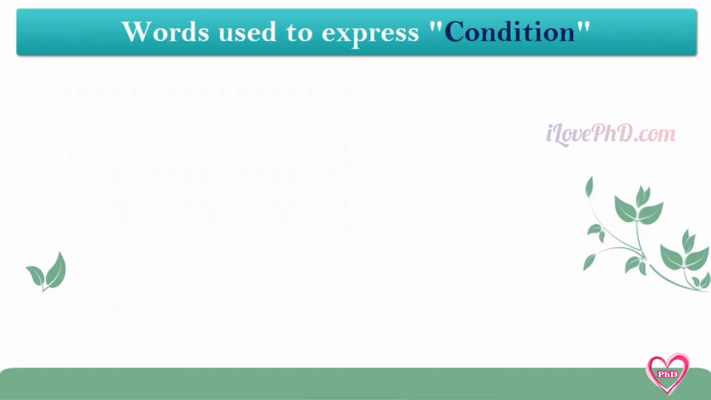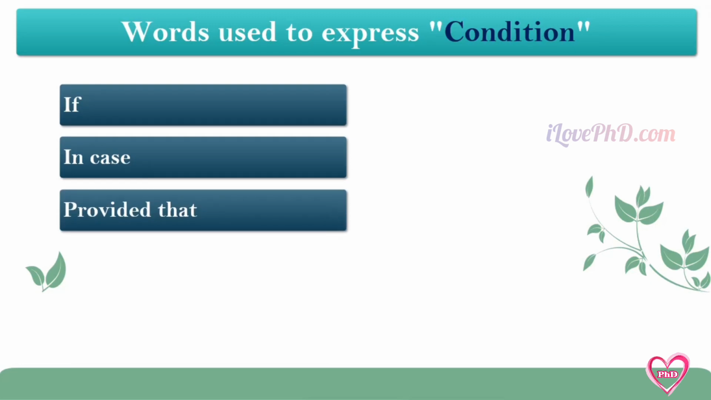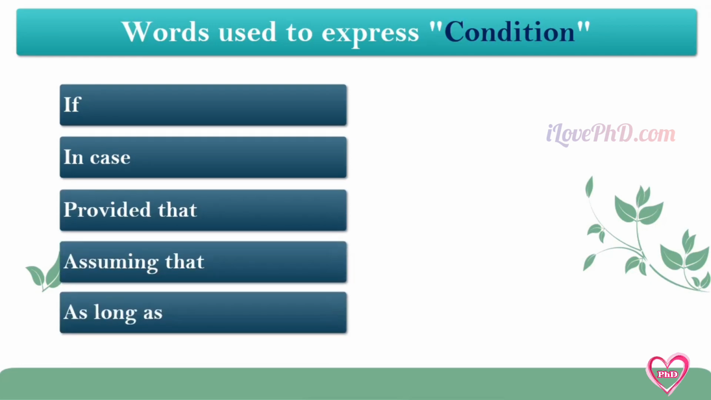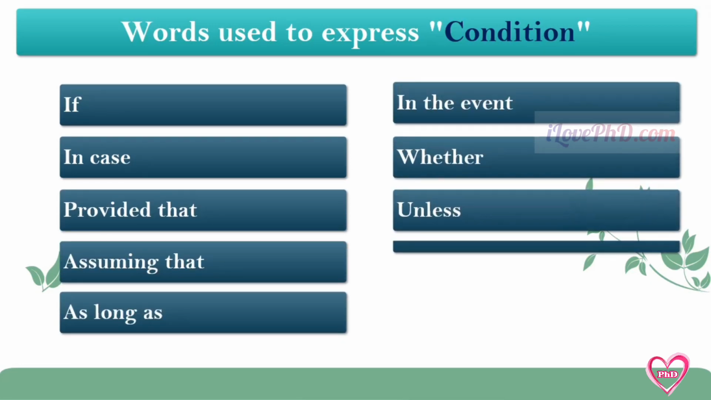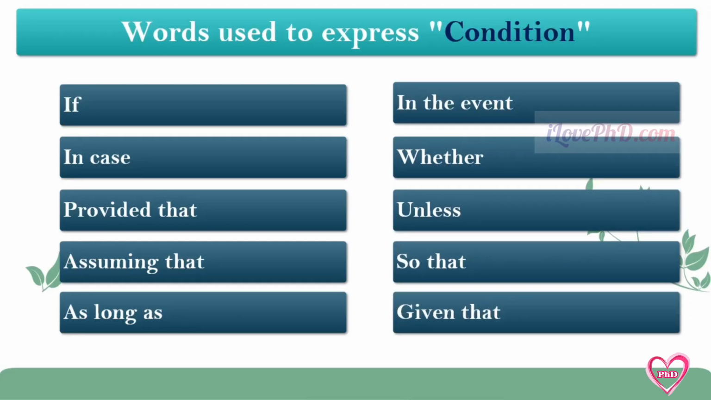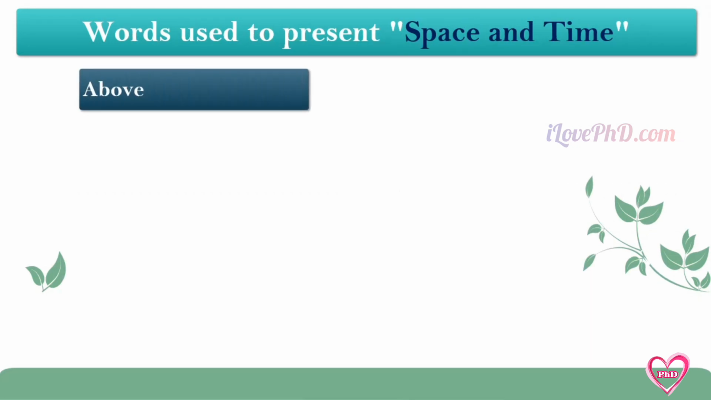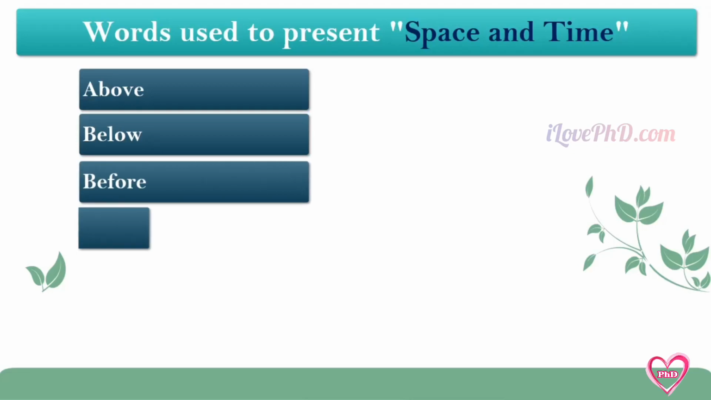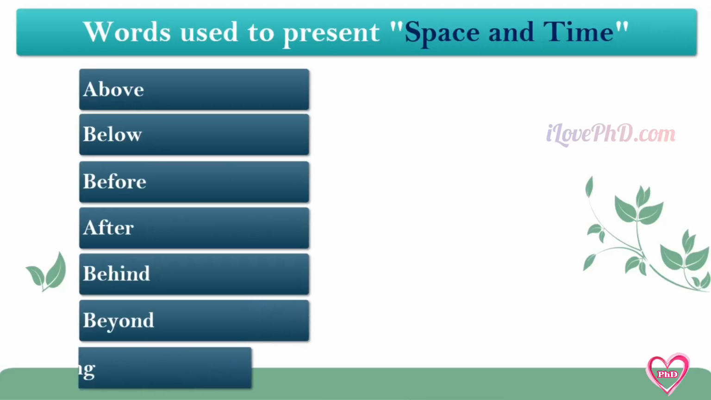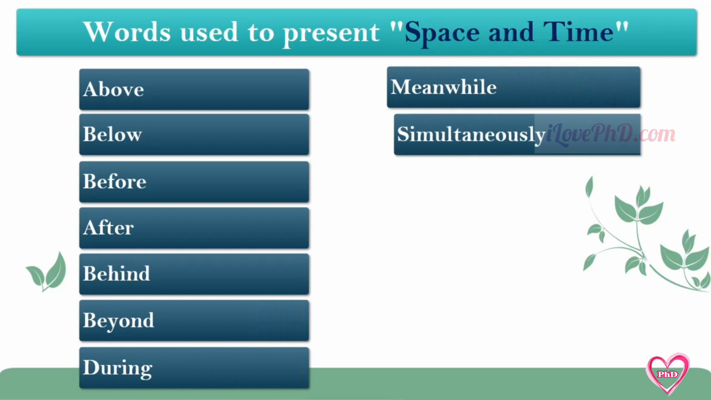The connective words used to express condition are: if, in case, provided that, assuming that, as long as, in the event, whether, unless, so that, and given that. These connectives help to establish conditions or stipulations in your writing, clarifying the circumstances under which certain statements or conclusions apply. The connective words used to present space and time are: above, below, before, after, behind, beyond, during, meanwhile, simultaneously,